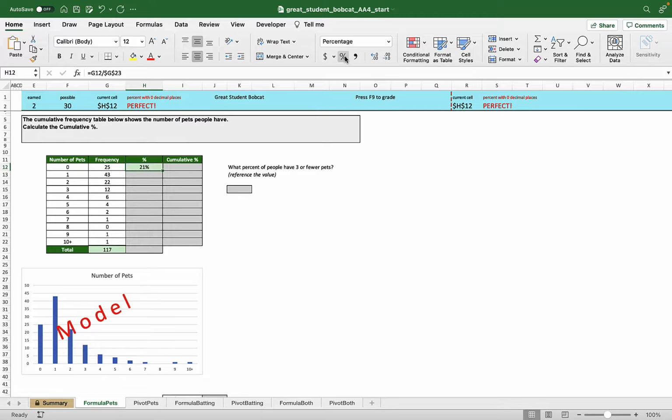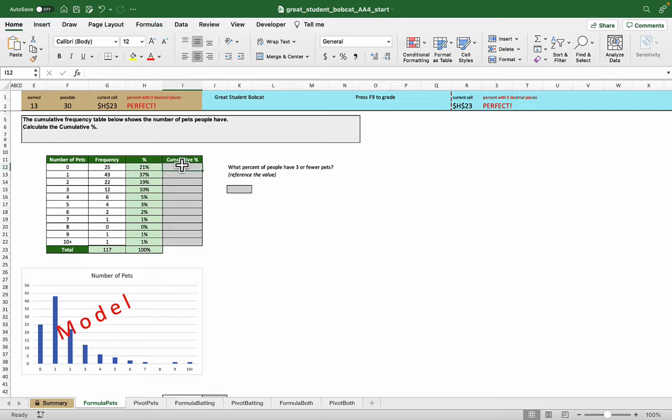Now, here's the deal. So this is going to copy down, and then we'll sum it again to get the cumulative, the 100%. But now in this column, we're supposed to get the cumulative percentage. And the cumulative percentage is kind of like a running total. And very much like most running totals that we do in Excel, the first value is handled differently than